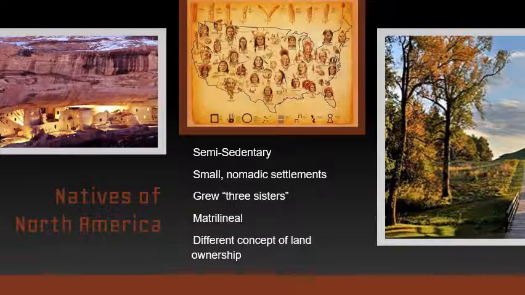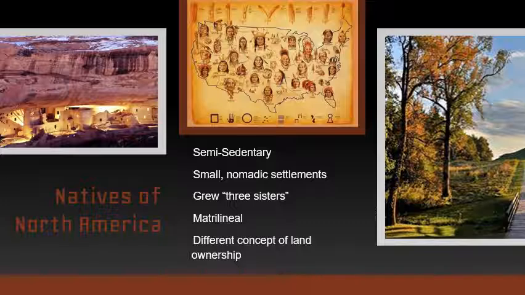So let's go back to North America real quick. So we've looked at these civilizations. I just wanted to give you guys an idea by looking at these civilizations, first of that concept of continuity, but also I wanted you to understand that a lot of the time we have this idea that Europeans are somehow superior to Native Americans, that they were coming and bringing civilization. And I want you guys to understand that civilization definitely did exist here. Now, like I said, by definition, there weren't civilizations in North America, but that's kind of purely by definition. I don't think that they were necessarily any less civilized in North America. They just did things differently.